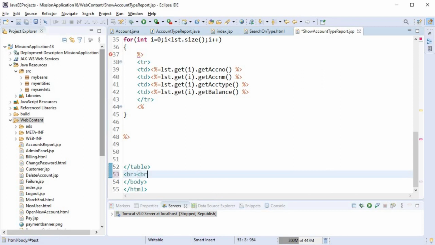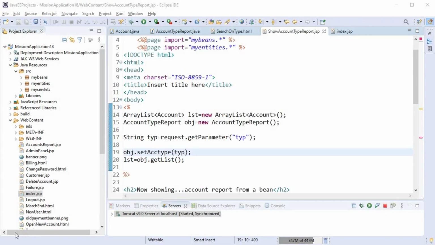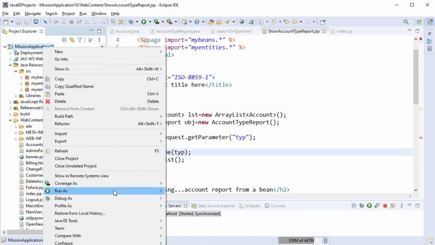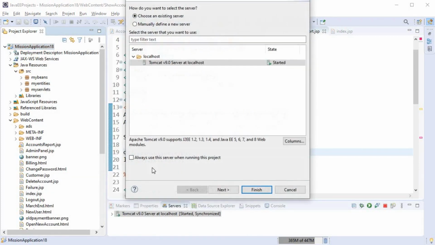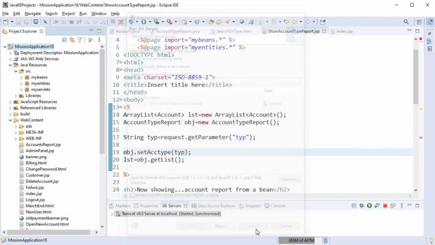For better navigation, we can add a hyperlink at the end of the report to go back to the home page index.jsp. This is purely optional. Now everything is ready. The stage is set, and we can run the application to check if everything is correctly done. So we have run the application.